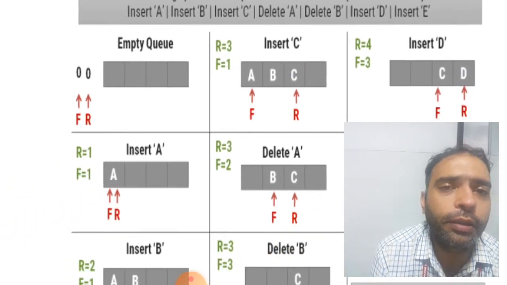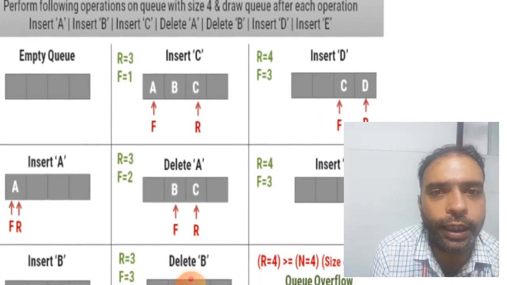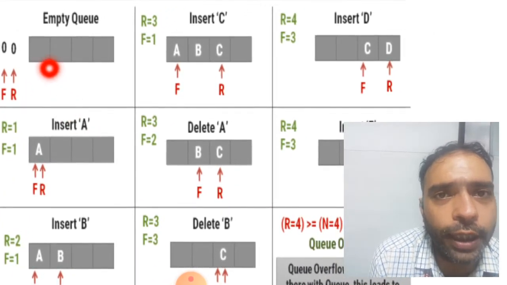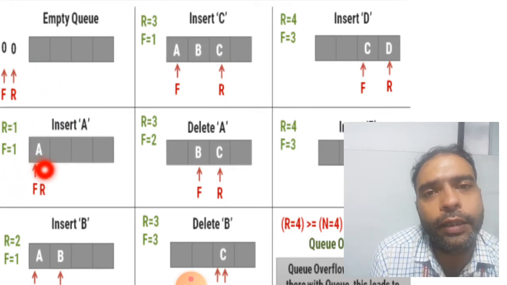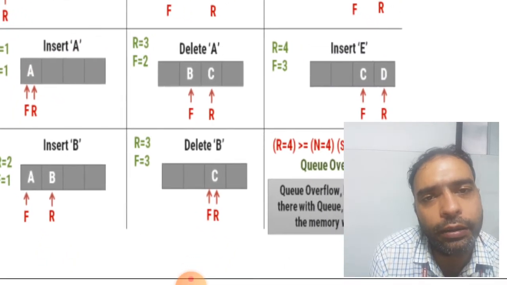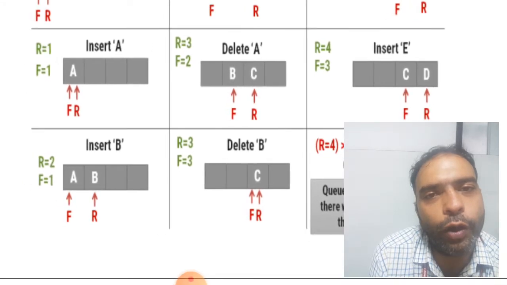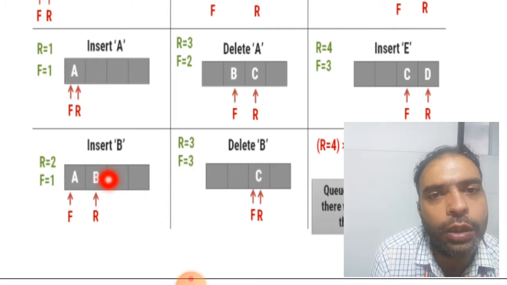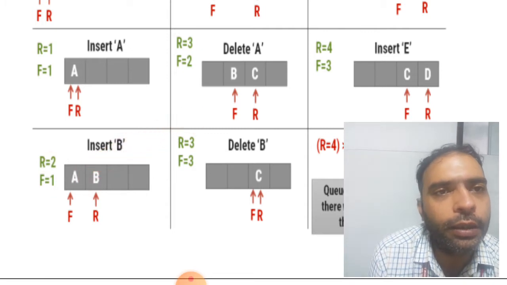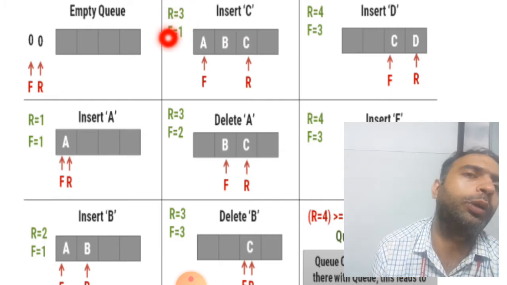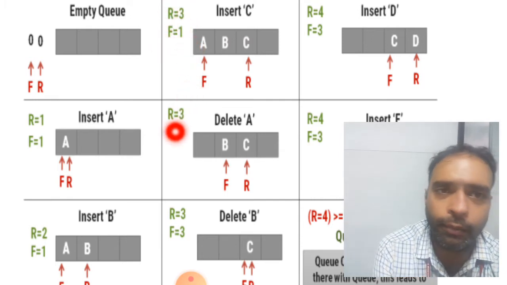Then after, insert A, first of all here it is given, right? So here one by one it is given here. First of all we have incremented this value of F and R, that is equal to 1 now, that is insert A. Now insert B, so the value of F will remain as it is, right? And the rear part will be incremented, that is equal to 2, where the new value is inserted. Then after the C value is inserted, the rear part will be again incremented, that is equal to 3, F is equal to 1, remains same.